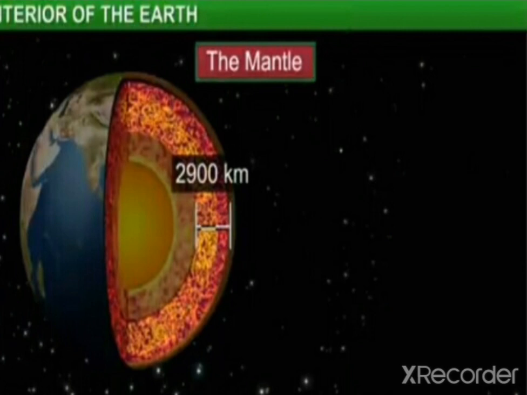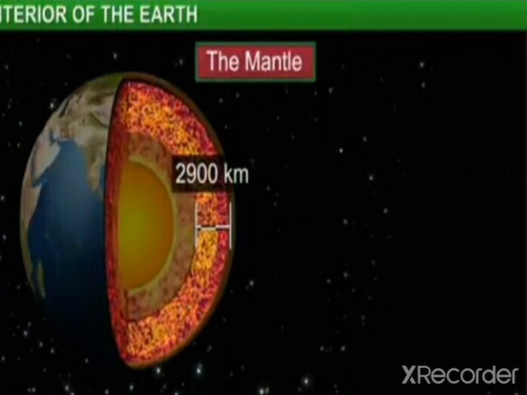So in the previous lecture we discussed this layer, the crust: its two parts, continental crust and oceanic crust, their characteristics, and which types of rocks and material are found in this layer. That part we have discussed in the previous lecture. Understood? Now let us see the second layer in the interior of the earth. Do you know, students, which layer is the second in the interior of the earth?